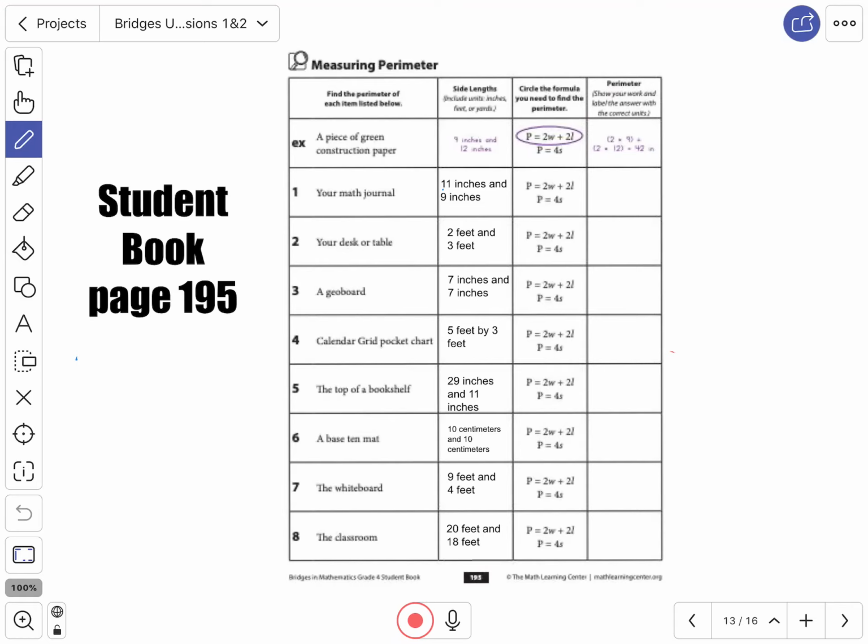Okay, so with this page, I want you to open up to student book page 195. I'm going to start you off and do the first 3 with you, and then you're going to do the last 5 on your own, okay? So you'll notice that we have the same measurements that we had for a lot of these things, but now we're trying to figure out what perimeter,